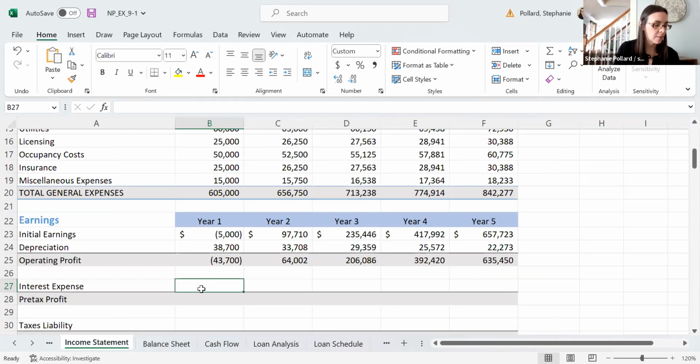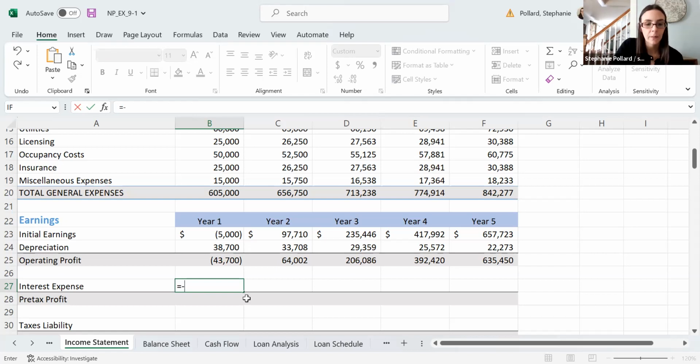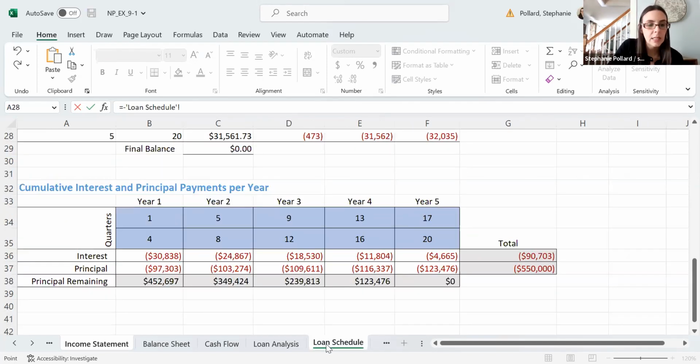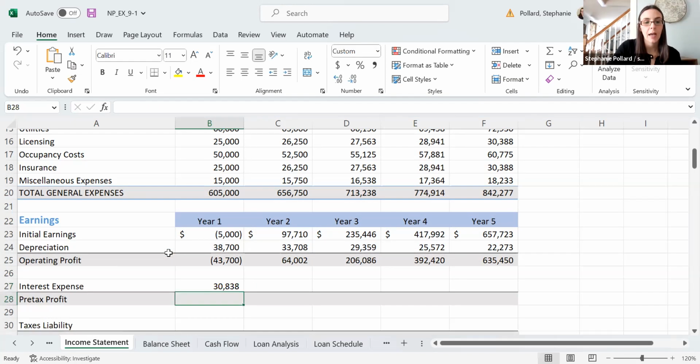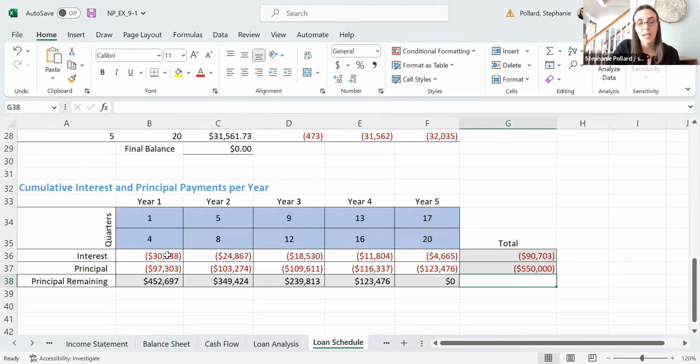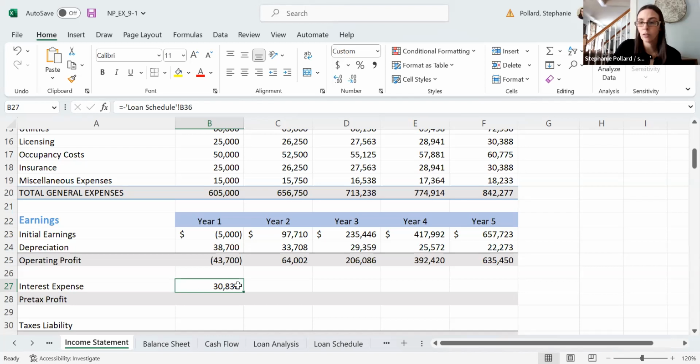So for the interest expense, I'm going to hit equal. I'm going to hit a negative, and I'll tell you why in a second. I'm going to go to my loan schedule sheet and click cell B6, because that's the interest that we're paying for that loan in year one. And I'm going to hit enter there. Now, the reason I use a negative is because on the loan schedule sheet, this was a negative value. And I don't really want it to show as a negative on my income statement, at least not at this point. So I just wanted to bring that in as a regular